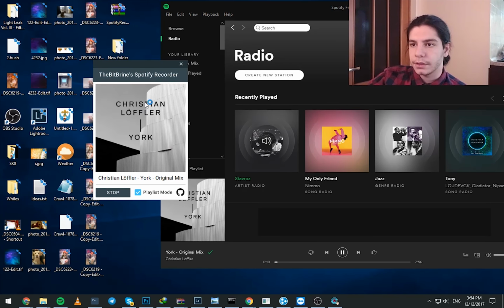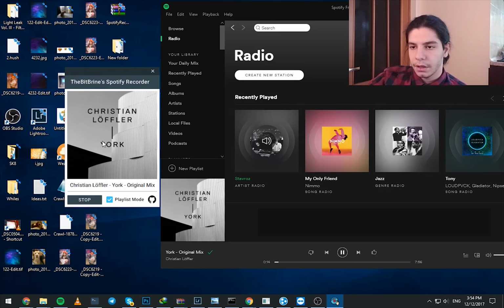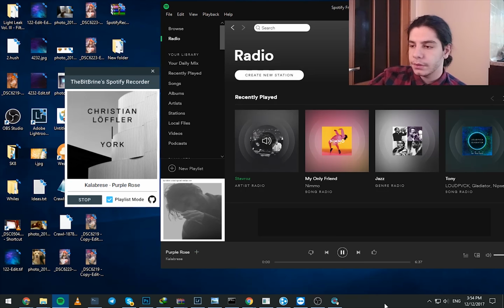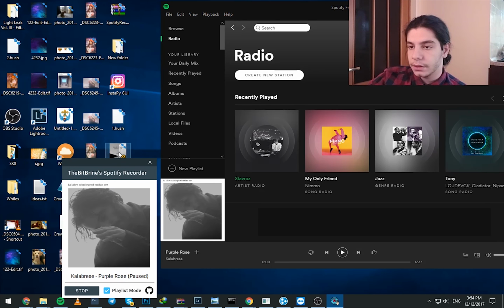Here's how it works. Now it basically records the song here and the artwork and stuff, and whenever it ends, you skip it there. For the few seconds, and as you can see, it automatically pauses the song, and